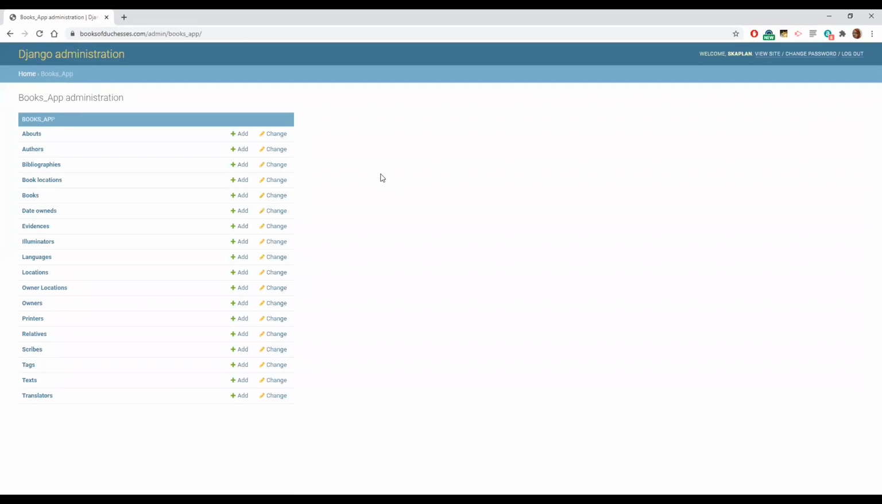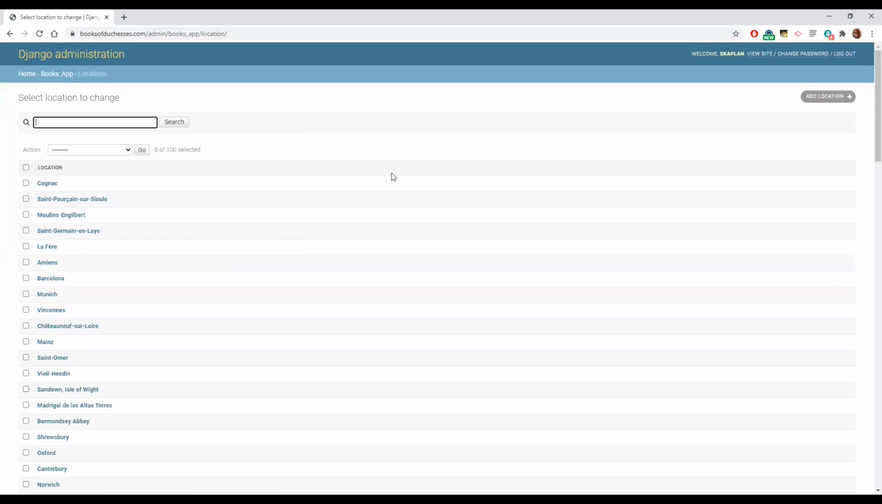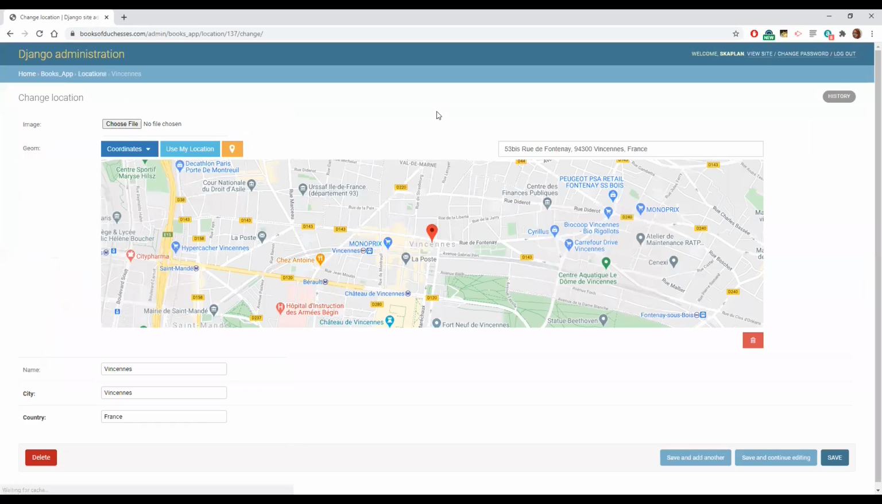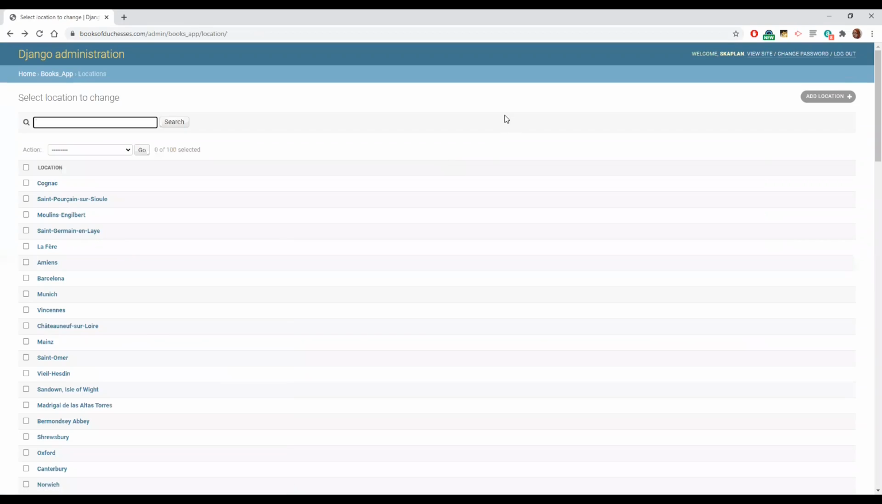The last easy addition is ever so slightly more complicated. This is locations. And we do have a decent number of cities. So if we click on Vincennes, for instance, we see that it does have a street address up here, but that's not necessary, right? So if we go back and we want to add a new location,